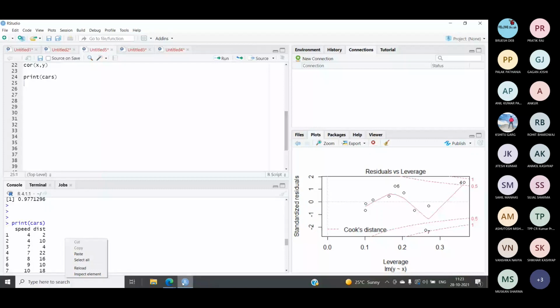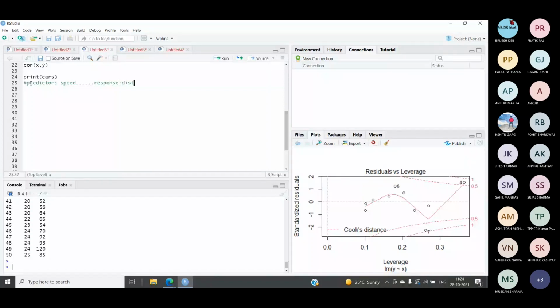Okay, so they are speed and distance, in which one will we use as a predictor variable and the other we will use as the response variable. So let me tell you which variable we are using for which purpose. Here we will use speed as the predictor, and for the response we will use distance, which means we are going to do something like this: if the speed of a car is this much, then what will be the total distance